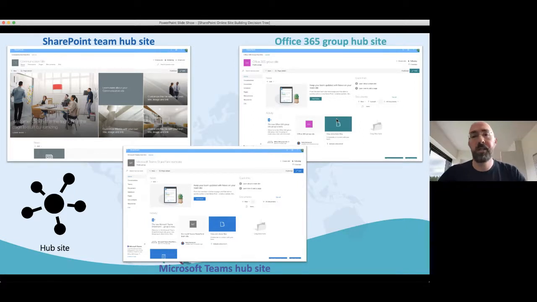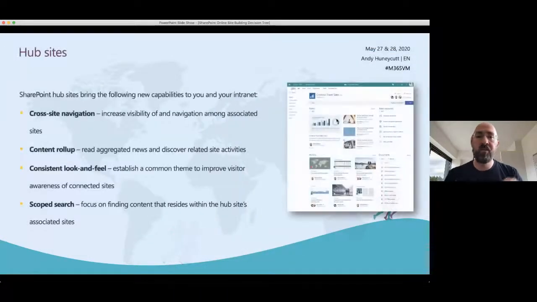Well, hub sites address that. Hubs allow me to create a central spoke that represents that major department, business unit, or division, and then bring in the affiliated sites with that. The great thing about hubs is that it's a very flexible model for reorganizing down the road. You get cross-site navigation. There's hub navigation built right into the sites along the top, above the top link bar. You get content roll-up. There's a push and pull of content here, news and other content here, really, really powerful,